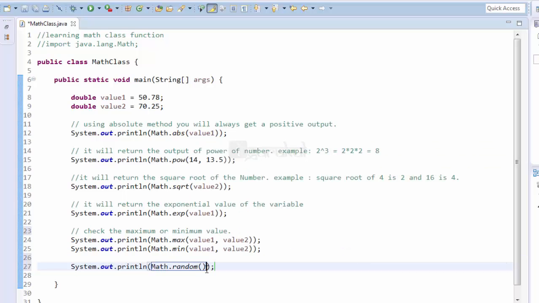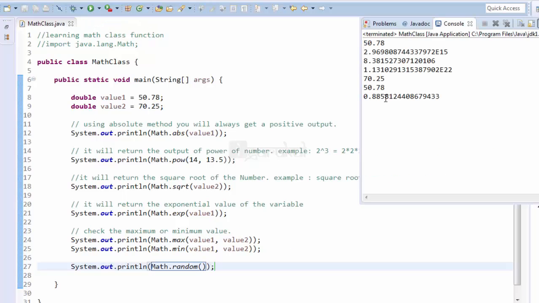math.random. We don't have to pass any variable or any number, just execute the command. As you can see, in the last line we are getting an output. It doesn't matter how many times you execute the command, you will get different output each time. As you can see, I am executing the command over and over again, but I am getting different output each and every time.